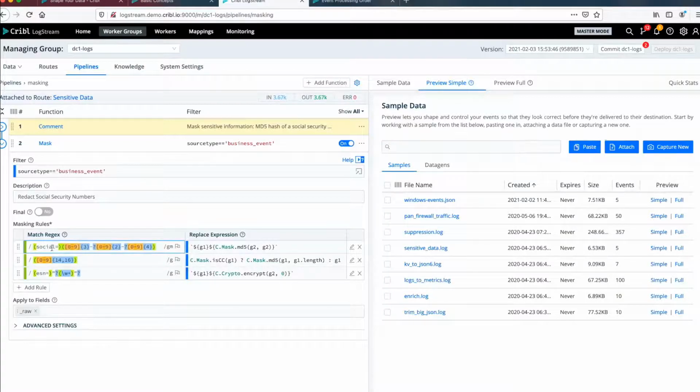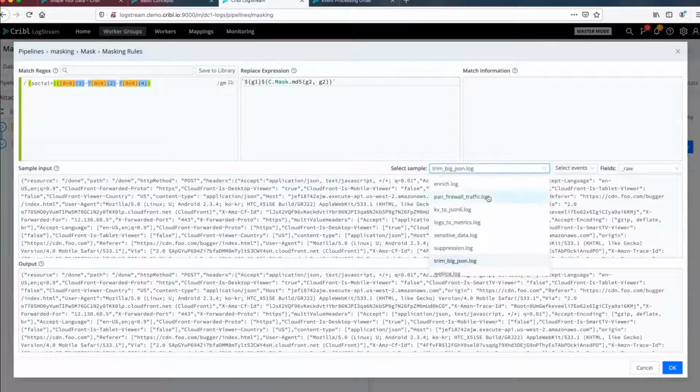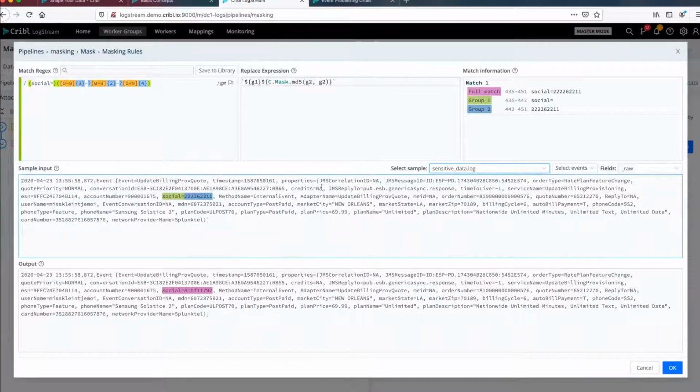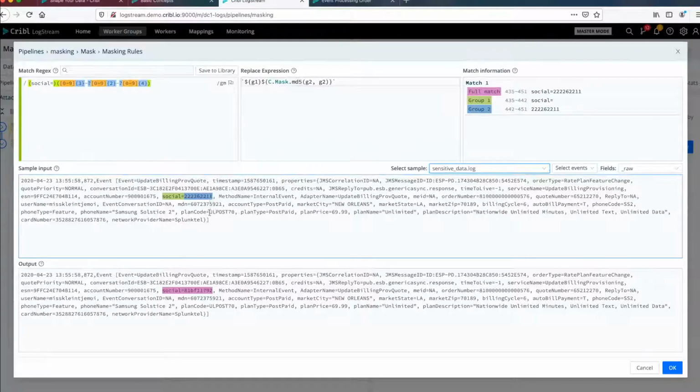For example, if you have a social security number, we can mask that data. If you have a credit card, or if you have the ESN number, you can encrypt that data. And at any given point, we can go in and look at the appropriate log. In this case, the appropriate log is under sensitive data. And as we write this extraction and as we write these masking capabilities, we can see the feedback that LogStream